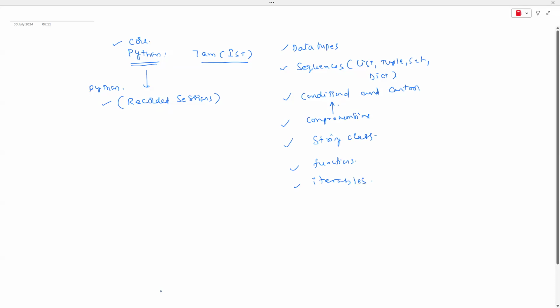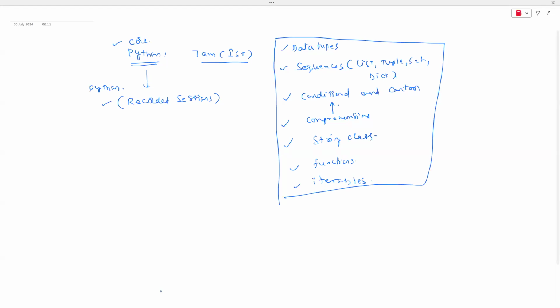That's it, guys. These are just the basic 7 topics which you have to cover. These are going to be sufficient. And one more important concept is also there, that is, the modules. Just now I have started the modules in the 7 a.m. batch. It will complete in just 1 or 2 days. And then I'll start with the main topics, which is the NumPy library. NumPy is one of the libraries which is a prerequisite for the data science program.